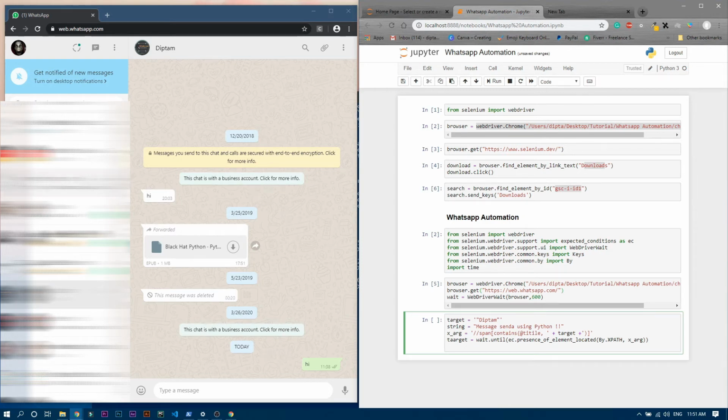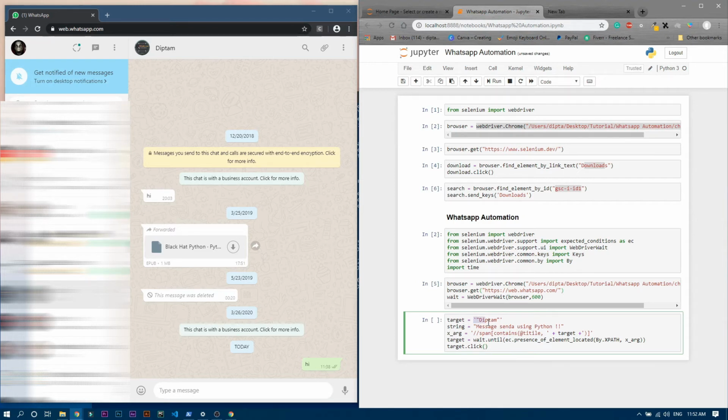So as you can see over here, if you want to open a chat, you need to click on that, otherwise if you hover over that, it will not open any chats, right? So you have to click on that. So we will just write over here, let me just make it target. Yeah, and we will write target dot click. That's it, right?